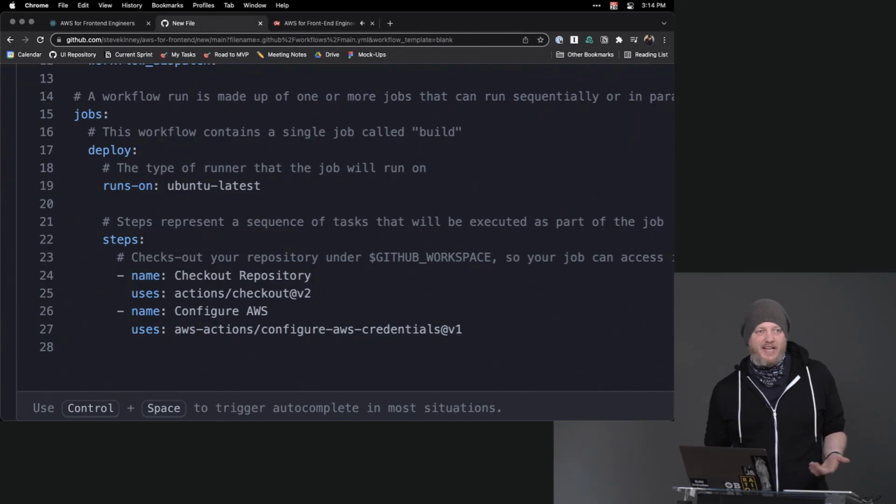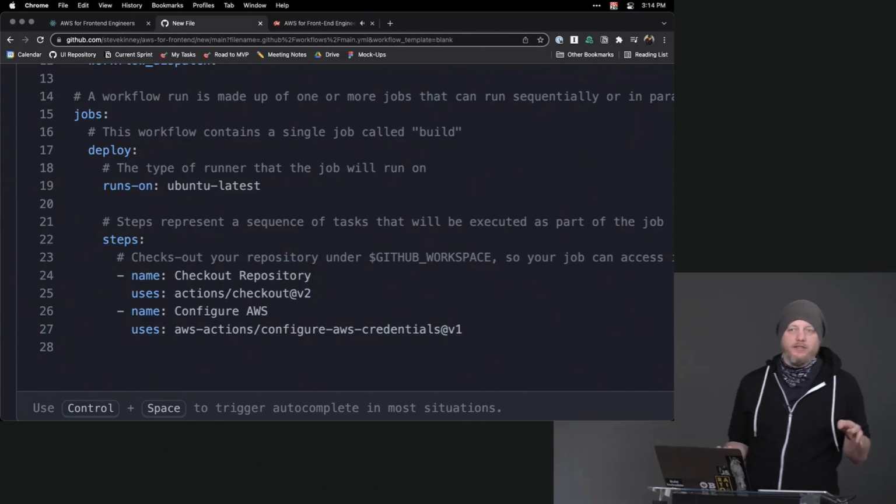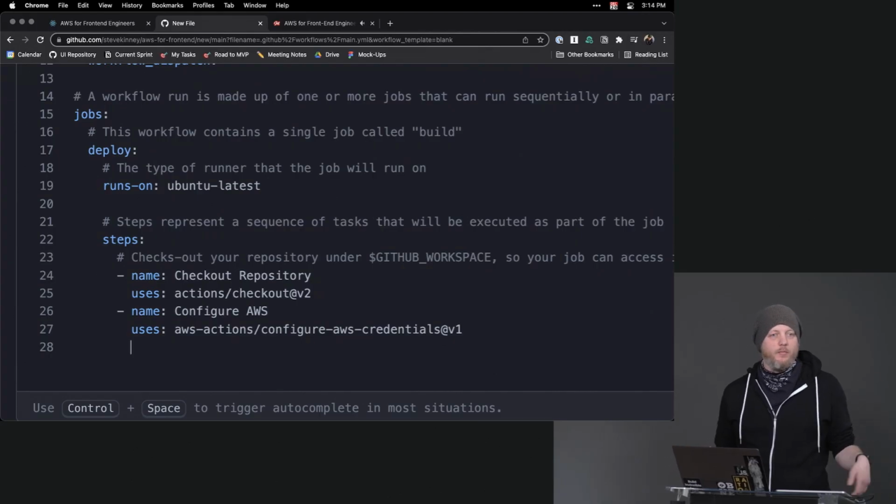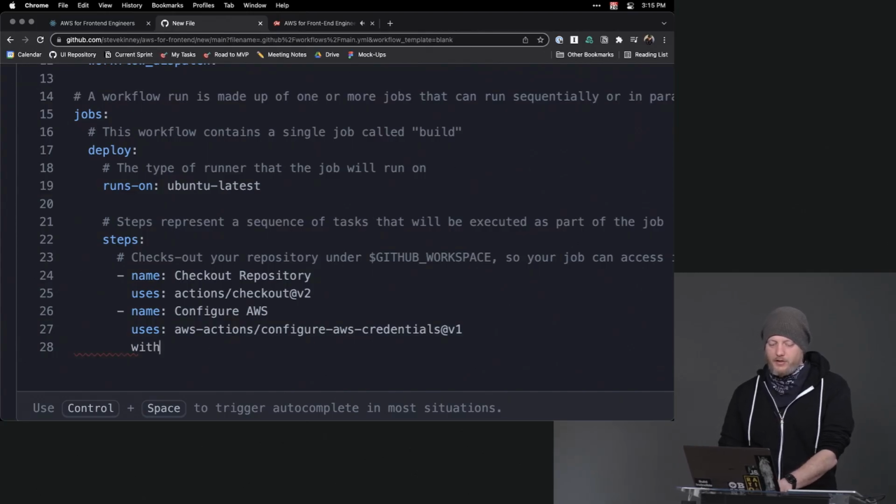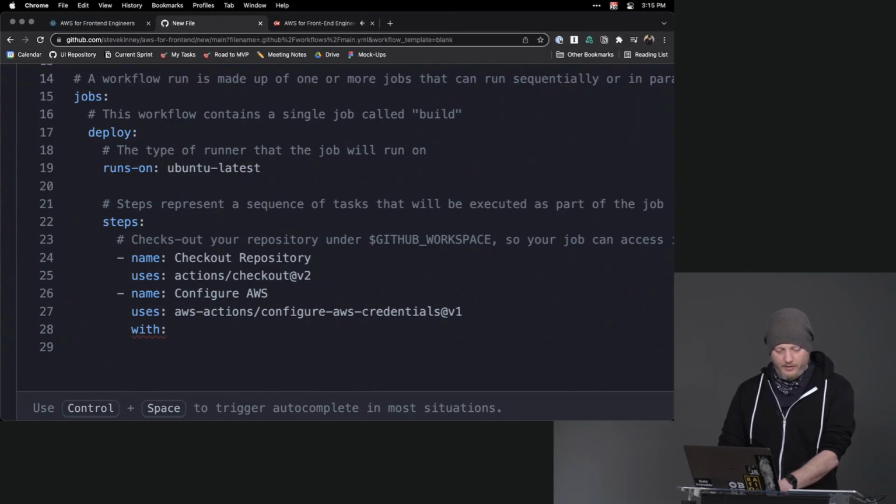But we need to tell it where to get that information from, right? We have not put this into GitHub yet. We will do that in a second. But we're going to put it in environment variables. We just basically need to tell this tool what environment variables it should go looking for to plug in these values. So for the configure AWS part, it's going to use this action that AWS has made for us. And we'll say with the AWS access key